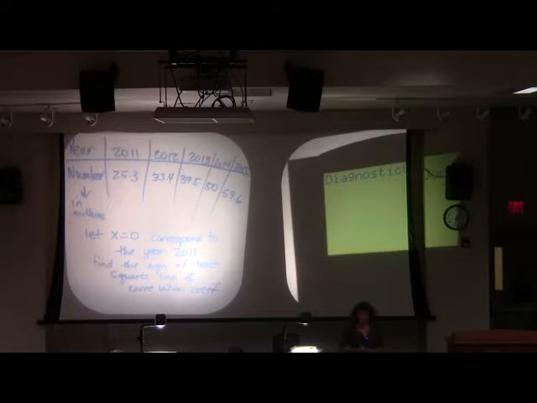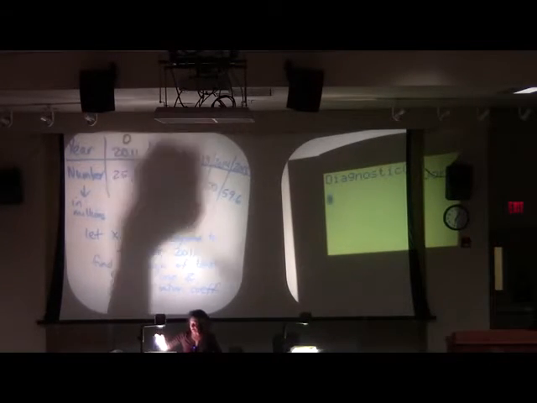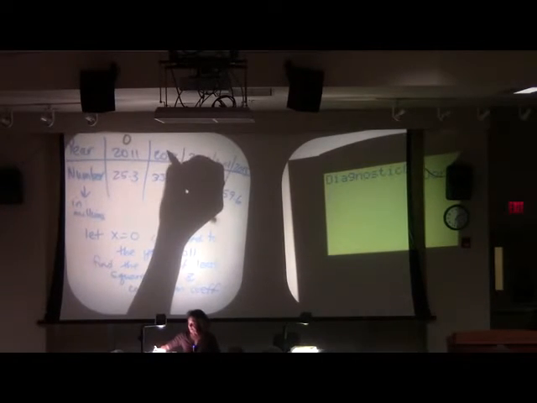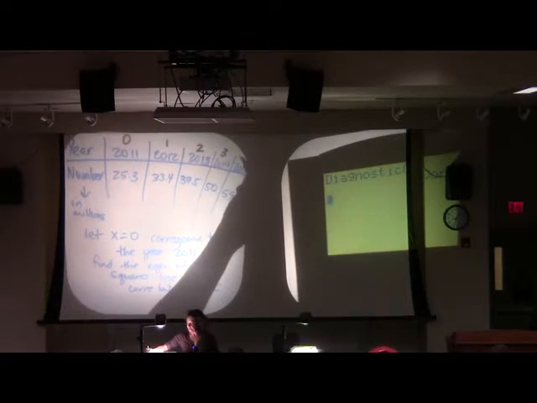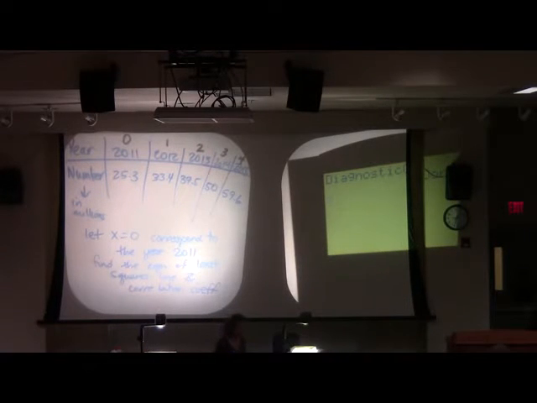So it's really important to take note when they want you to let x equals 0 correspond to a year as opposed to entering the actual year. So do you agree if I let x equals 0 correspond to the year 2011, then for 2012 x is going to be 1, 2013 x is going to be 2, then 3, then 4. Okay? Sometimes we enter the actual year and sometimes we do it this way. I will always specify how I want it done. You guys with me this far?